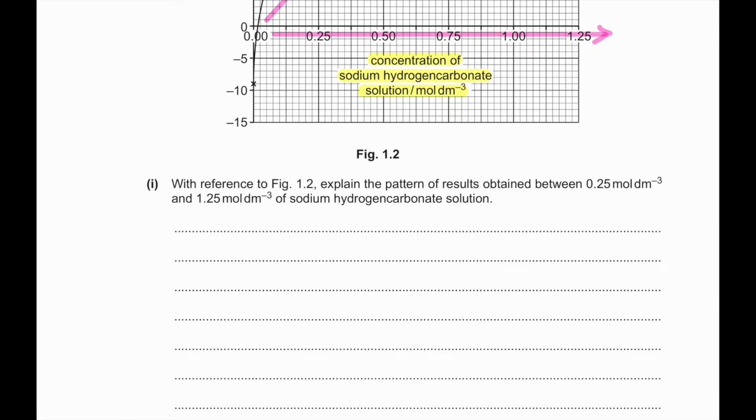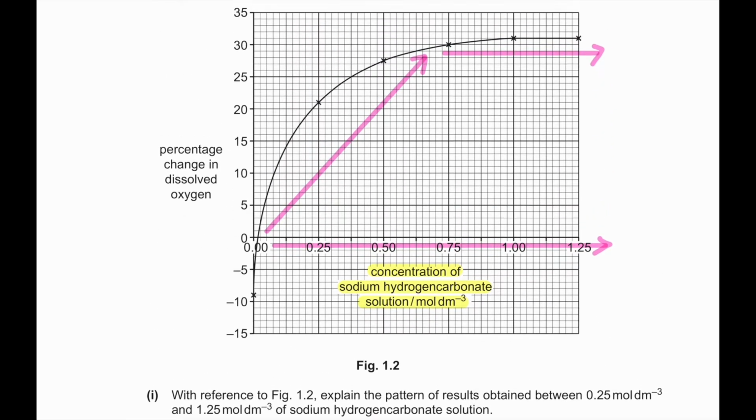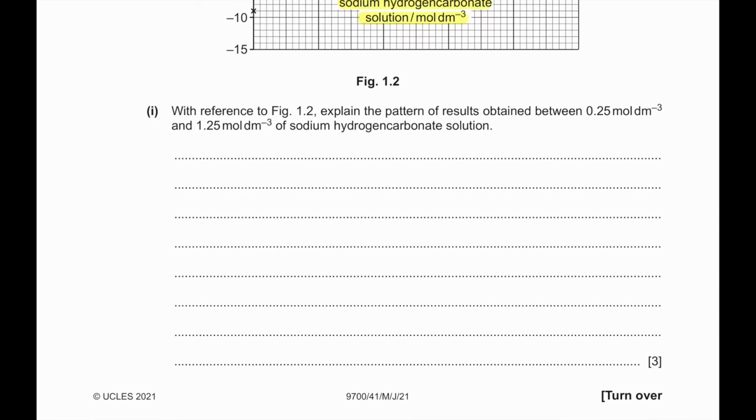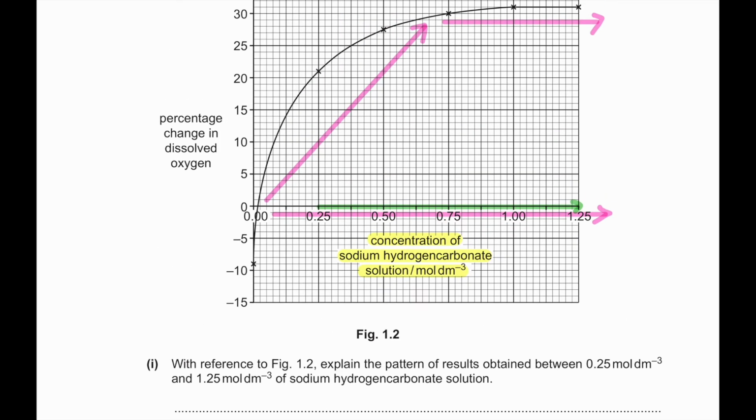With reference to figure 1.2, explain the pattern of results obtained between 0.25 mol per dm cube and 1.25 mol per dm cube sodium hydrogen carbonate solution. So we want to know the pattern ranging from here to here. So from 0.25 mol per dm cube sodium hydrogen carbonate, once we go up until 1 mol per dm cube,